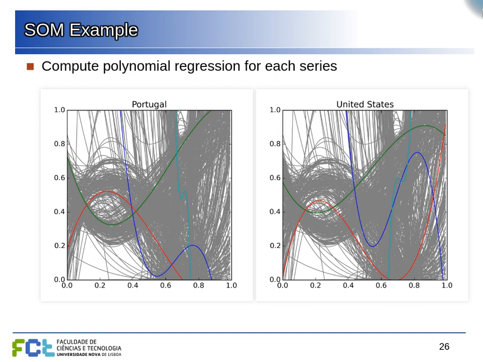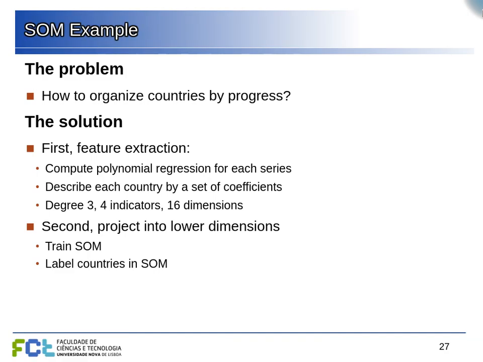We don't know what values they should have, but what matters now is that each country has these 16 coefficients for the 4 polynomials. So now we can build a table where for each country we have a descriptor with 16 dimensions. Of course, now we have a problem because with 16 dimensions it's very hard to visualize the relations between countries, but after extracting this, we can now train a self-organizing map and project everything